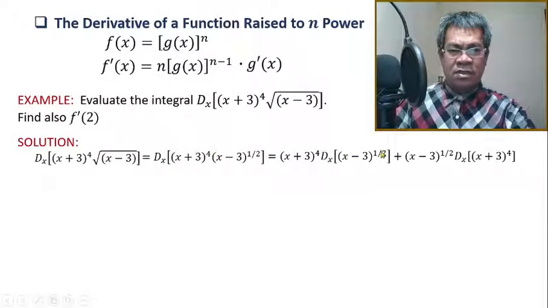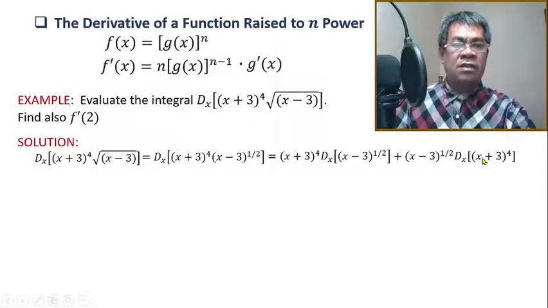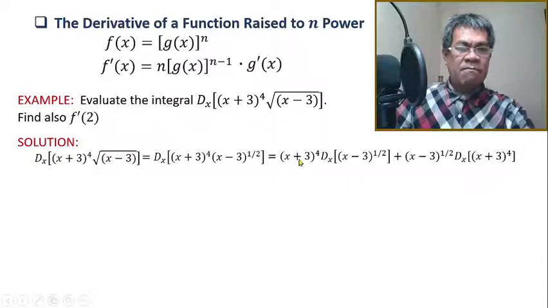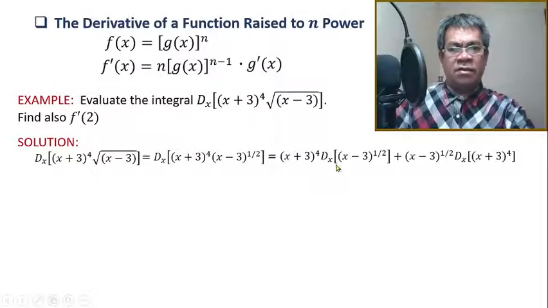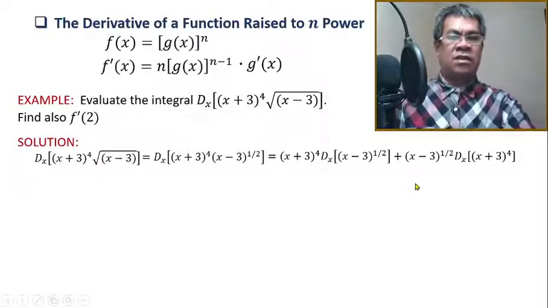So this is the first term, then the plus. Copy the other factor. So this one is already copied. Then take the derivative of the other. So the other, we preserve the x plus 3. So this time we will differentiate. That's it. This is now the product rule. Okay, then we still need to differentiate this one. This is part of the answer, but this one and this one need to evaluate the differentials.